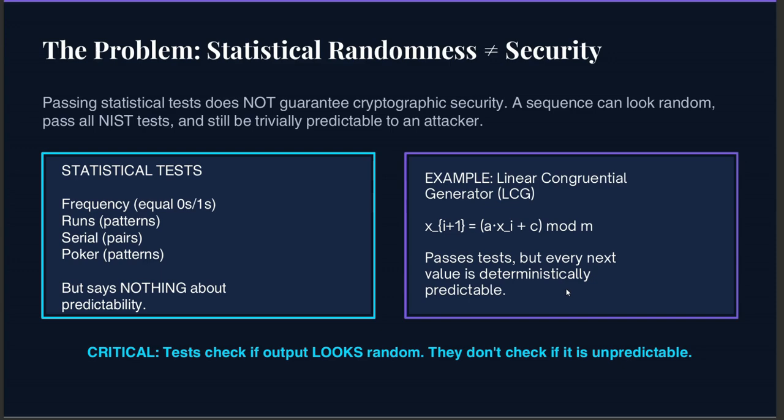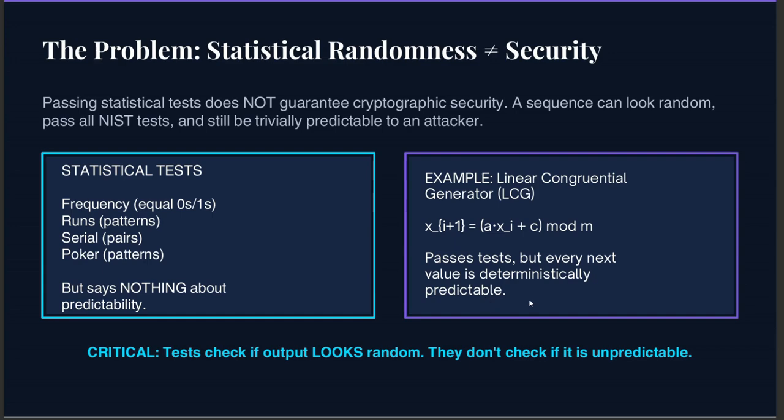At first glance, the output looks random. For example, 47, 193, 84, 251, 19, etc. This looks unpredictable to a human eye. LCG can even pass many statistical tests for randomness. This is why early computer systems widely used it, but cryptographically LCG is disastrous because the generator is fully deterministic,